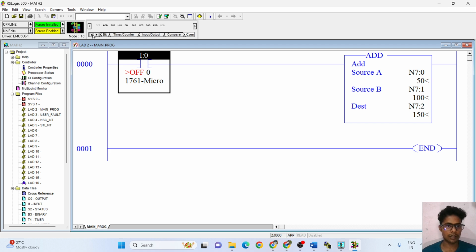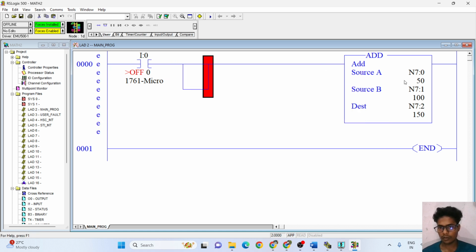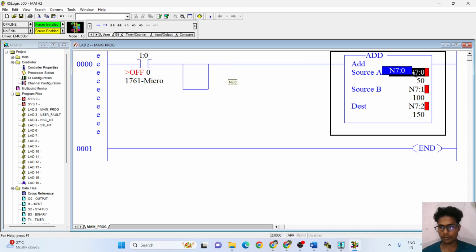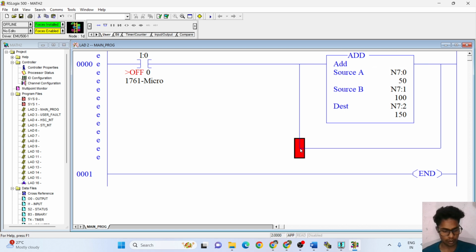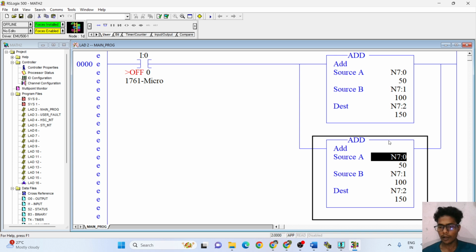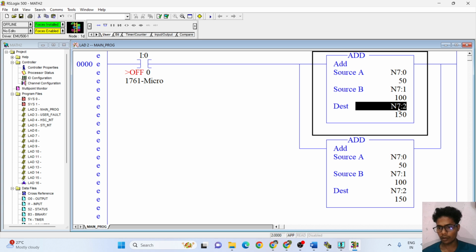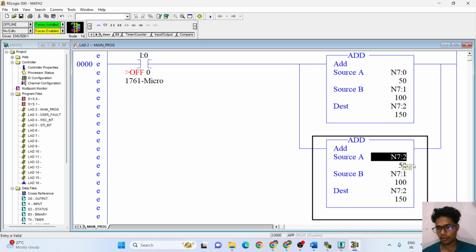Here I have to select the rung, and I have to put it into Control C. After that Control V, and here I have to put value of N7:2.